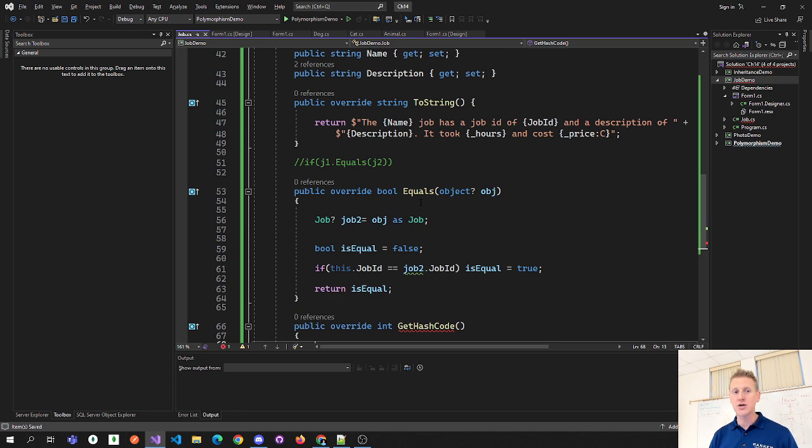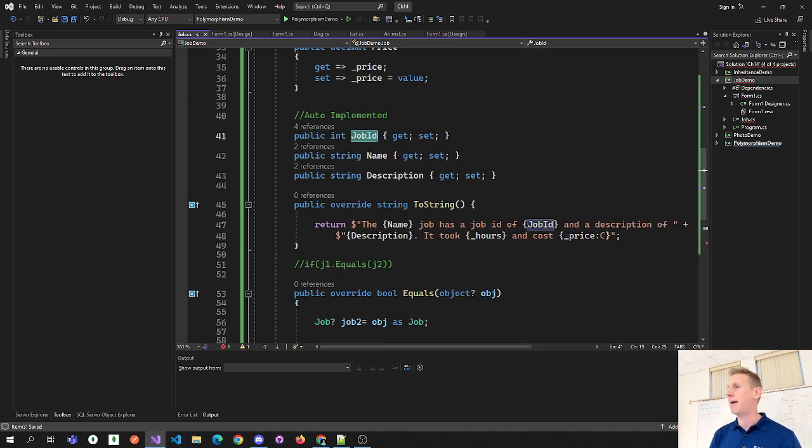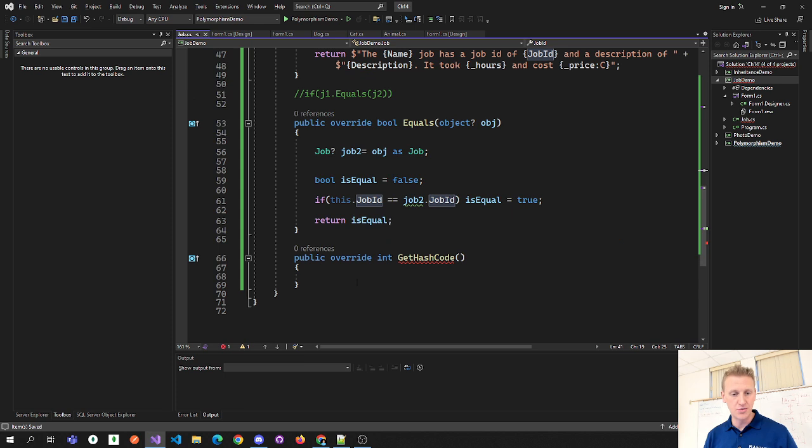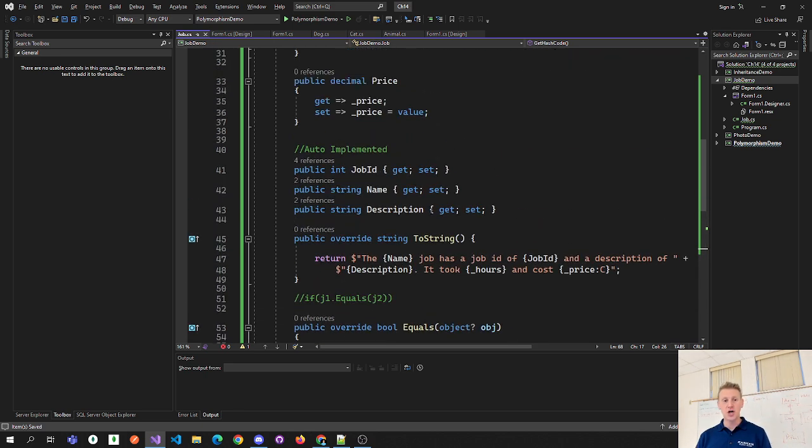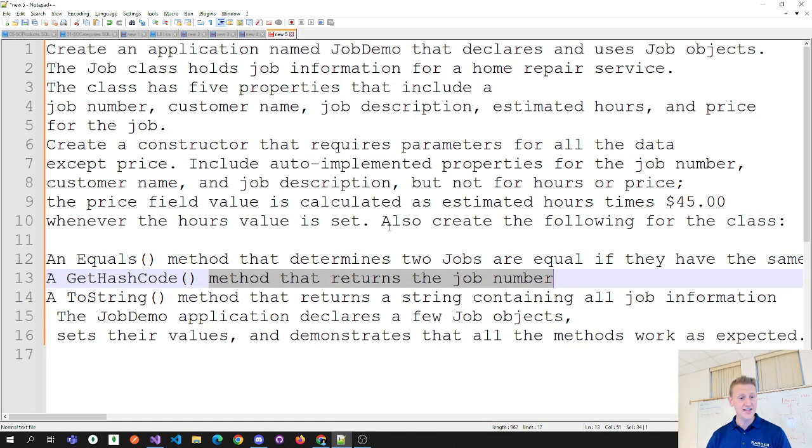In this case, we're going to uniquely identify a job by its job ID. So basically, it just says return the job ID. Because that is the way that we are going to uniquely identify all of our job objects. In theory, no two job IDs would be the same. Okay? If I were actually coding this, you probably have a database that does not allow two of the same job IDs in that column. Okay, so that is the